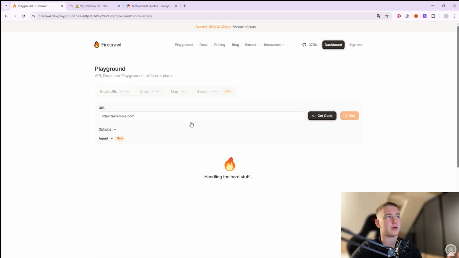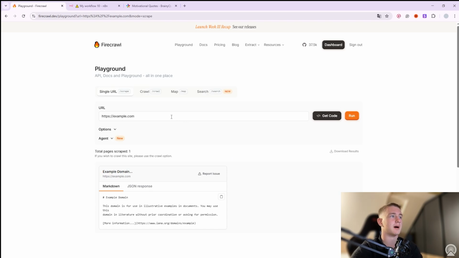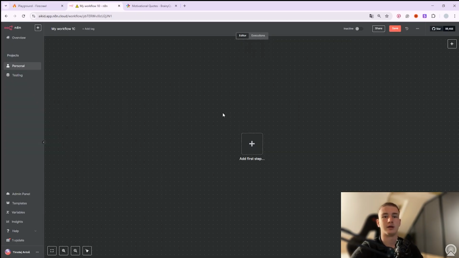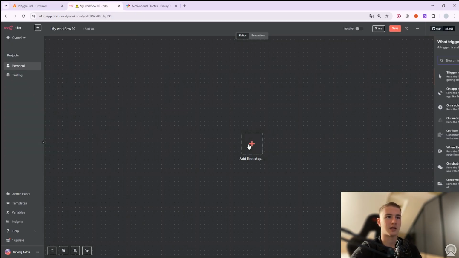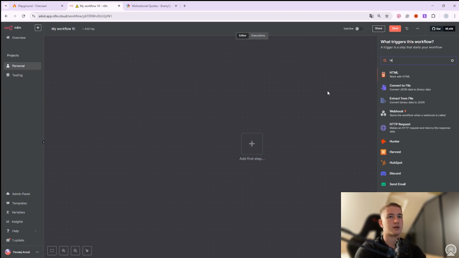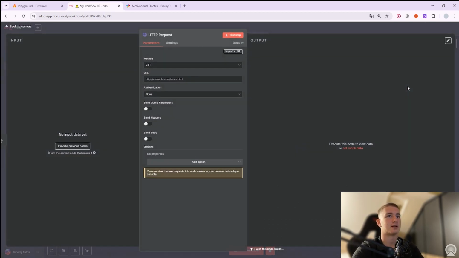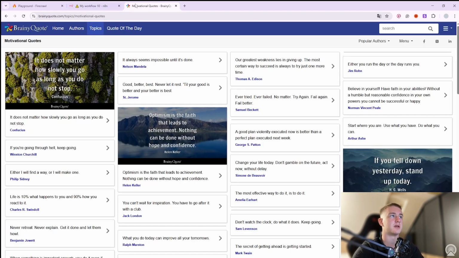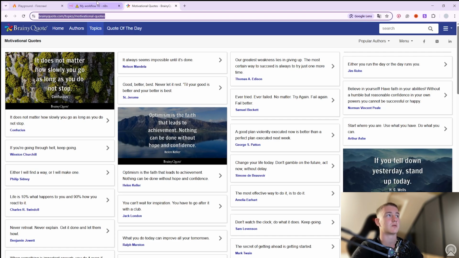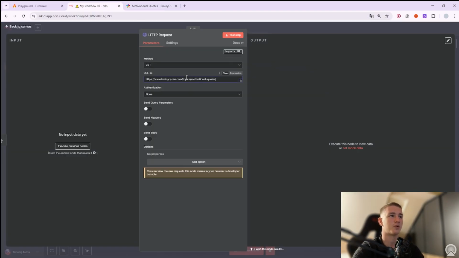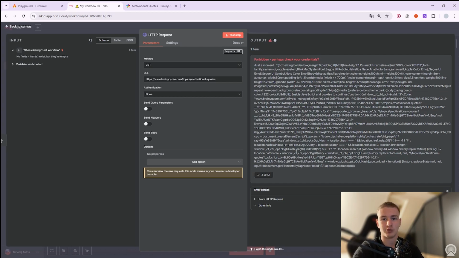It will send you through a playground. But first, let's get to n8n, because we will be doing a workflow with n8n, and let's try out getting a HTTP request normally without the Firecrawl. So let's do HTTP request, some sort of a website. I have here motivational quotes. We'll be scraping quotes. Okay, let's test the step, and it will not work, obviously,